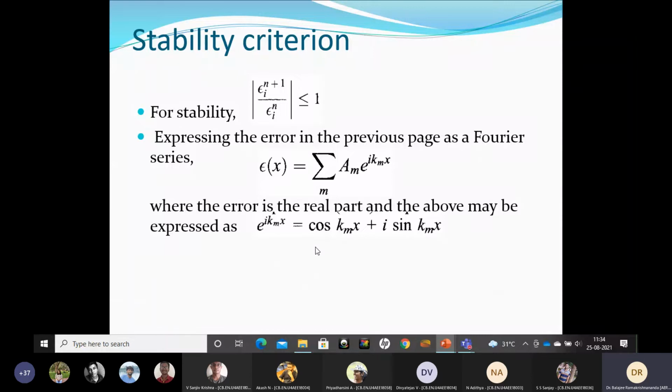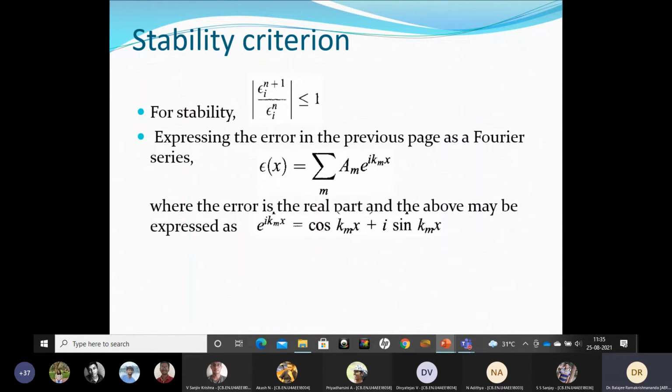Hope you remember complex variables. Did you have complex variables in your first year? Or was it assumed that you knew it by 12th standard? We didn't have a complex analysis course. Anyway, 11th and 12th you might have known, right? Yes, sir. So if you have doubts, ask right now, because some might have forgotten this.